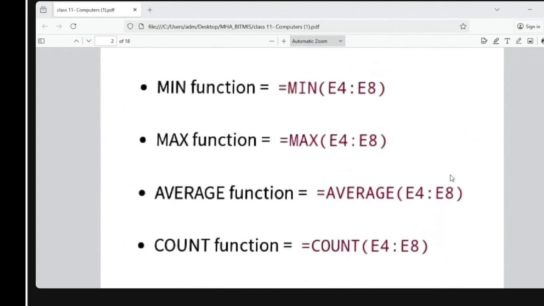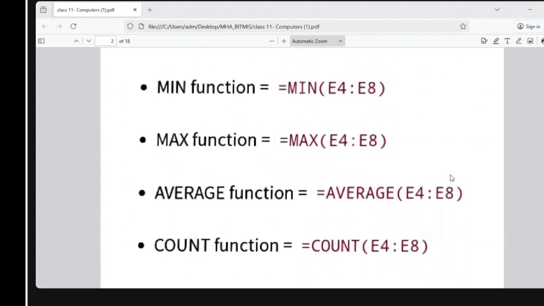In the same way, for the max function, you write equal MAX, and the range is again E4 to E8. It means in this range E4 to E8, you have to find the maximum value. E4 is a cell address and E8 is a cell address, and from E4 to E8 you have to find which value is maximum.